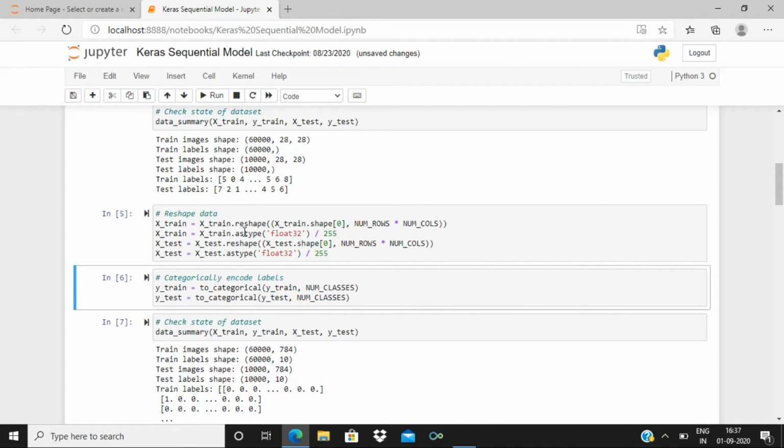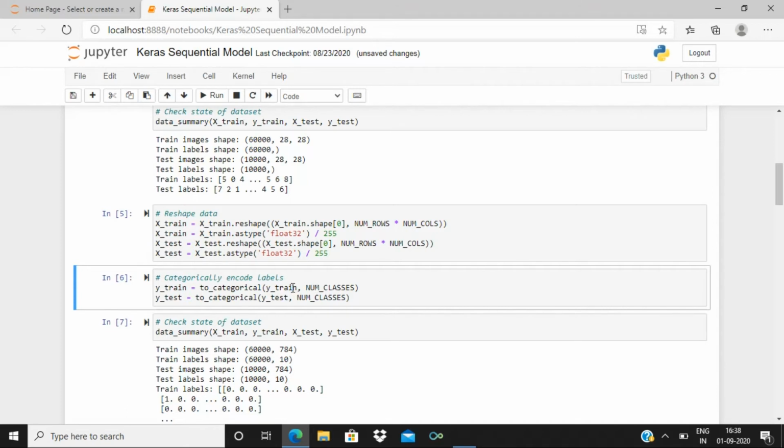Now we have just reshaped the image data. Similarly, we have to reshape these labels as well. I mean, we need to perform one hot encoding on top of this. We cannot just have these values of 5, 0, 4 individually. So if there is 5, we'll do one hot encoding and represent it as a numpy array of 10 values. So we are taking this ytrain and encoding it into categorical values.